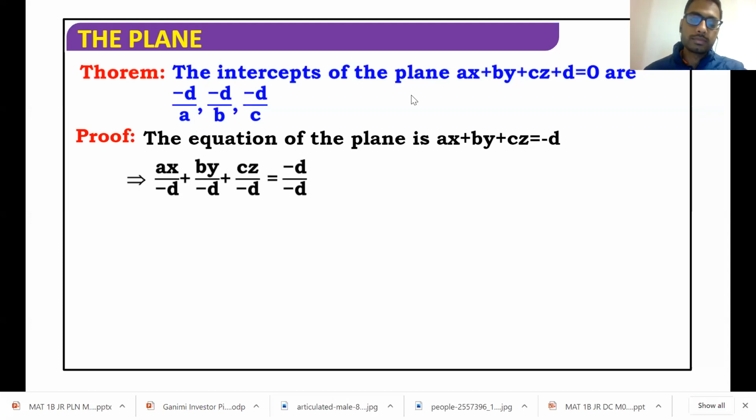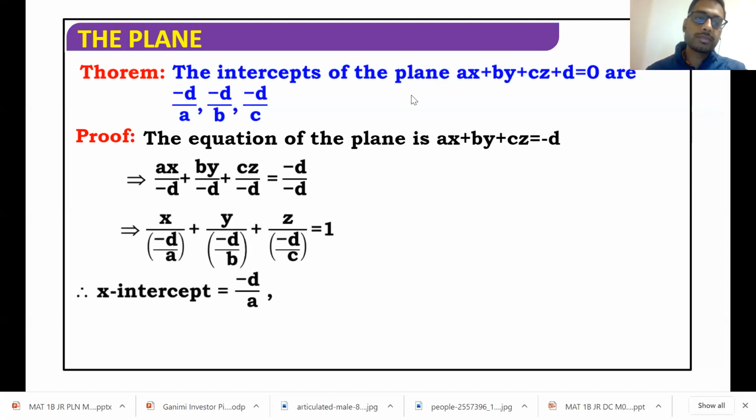So as I said, the derivation is also pretty simple. Just take d to the other side, then divide throughout by d, taking a, b, and c terms to the denominator. The x by a format is there, where minus d by a is going to represent your x-intercept. Similarly, your y and z intercepts are